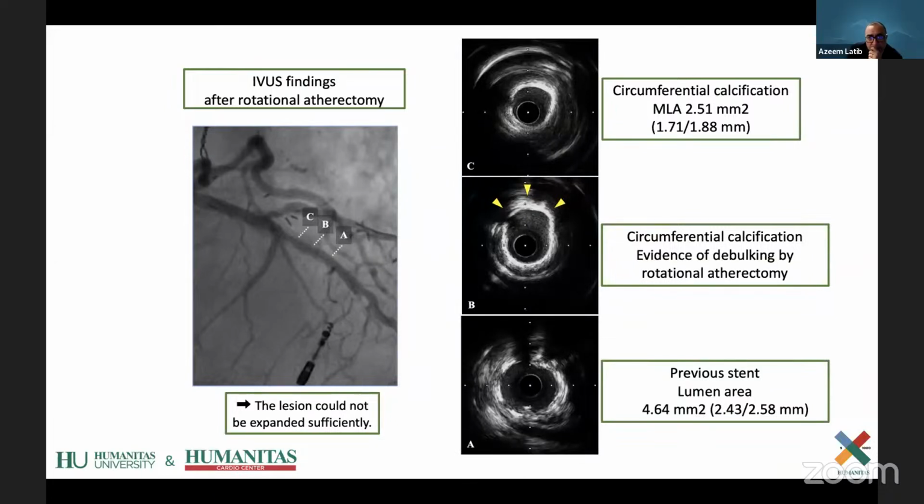Andrea? Yes, I fully agree with Chris. I think we see all this calcium, we see the cracks, but still we need to do more, probably with the cutting balloon. I will try with the cutting balloon, or if possible, shockwave. Yeah, in case of a cutting balloon, Andrea, which diameter? That's the scary part about using a cutting balloon. In this area where it's 1.71, I'd be a little scared about a 3.0 cutting balloon, but I'd be less scared about a 3.0